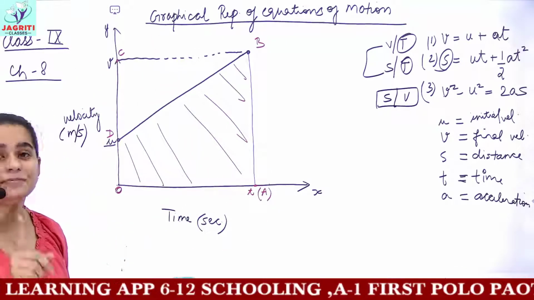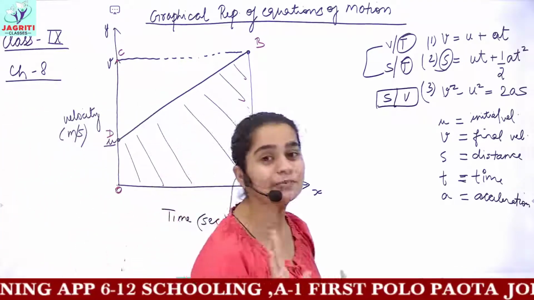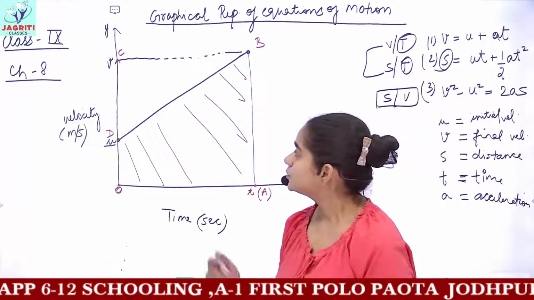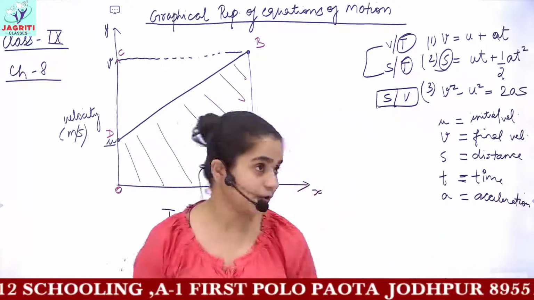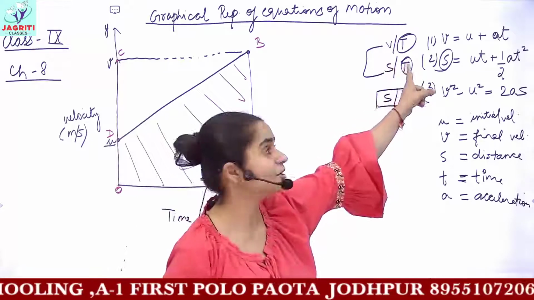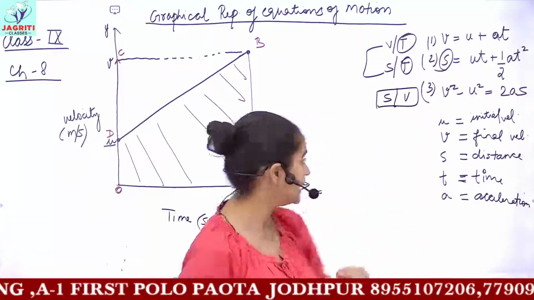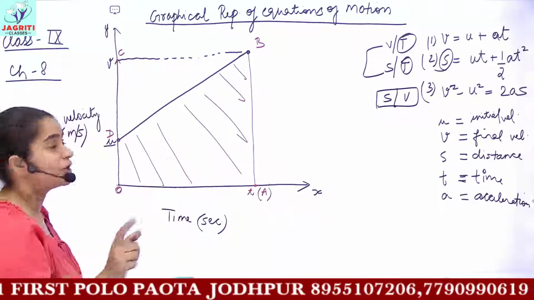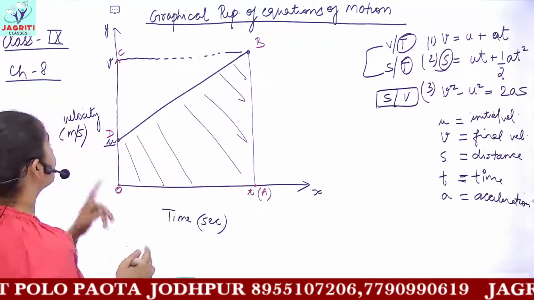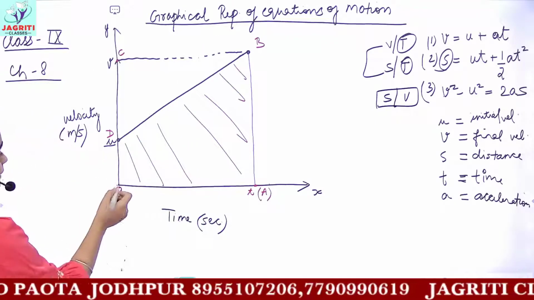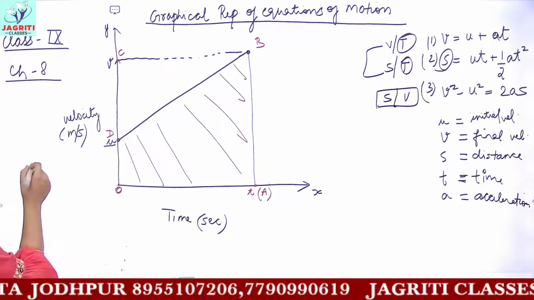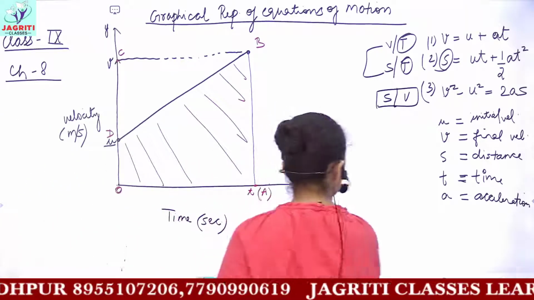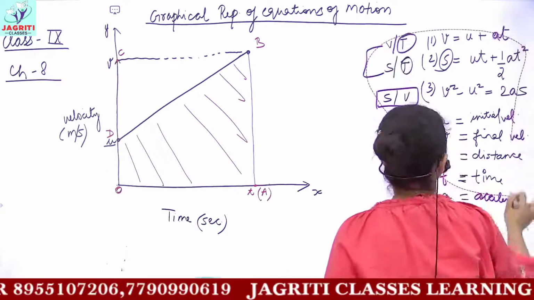These basic concepts we have dealt with in our previous classes. So see, for deriving the first equation now, we are deriving the velocity time relation, that is V equals to U plus AT. So if you get this question, you have to make the graph, you have to label the things, and then you have to write what you have to write. I am writing it down.